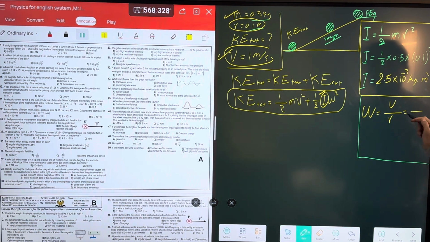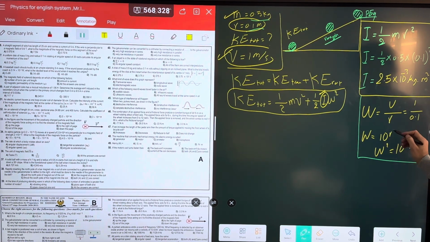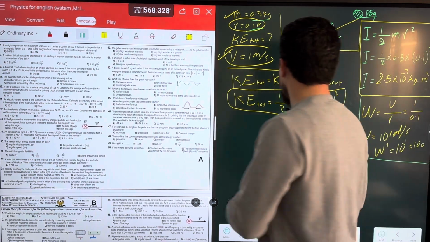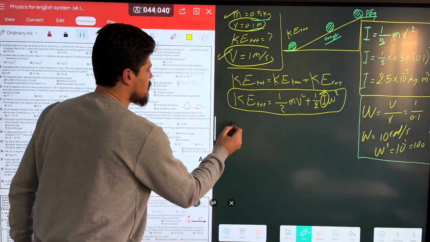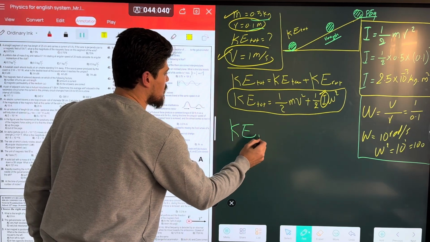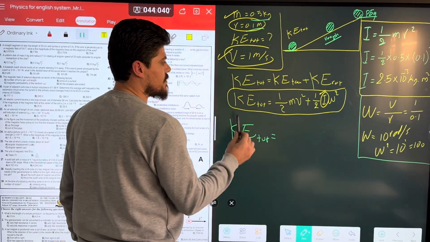Do we have V? Yes, 1. Do we have R? 0.1. Omega is equal to what? Is equal to 10. What about omega square? Is equal to 10 square, which is equal to 100. Okay? Omega is equal to what? 10 rad per second. Now we have all quantities, just replace into this equation to find the value of total